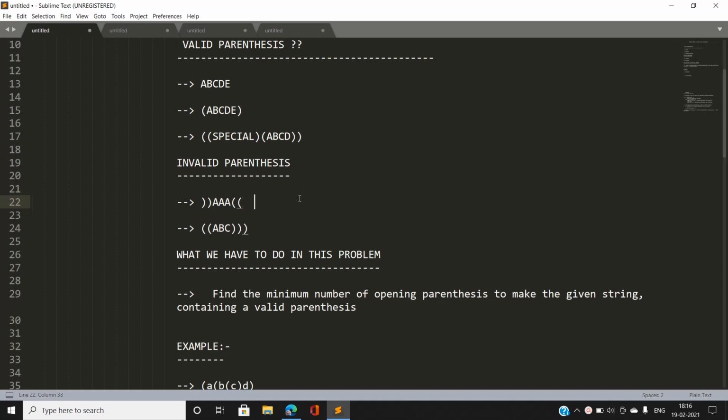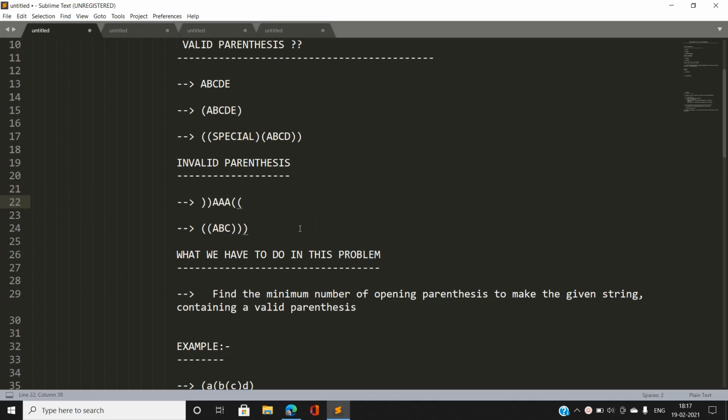And suppose we modify this string to something like this: here we have another opening, and then say we have a, and so on. If we append two opening parentheses to the beginning and similarly two closing parentheses to its end, then this becomes a valid parenthesis string. Let me write clearly, a valid parenthesis string. There is some spelling mistake. And similarly, consider this example. Let me erase this so viewers don't get confused.